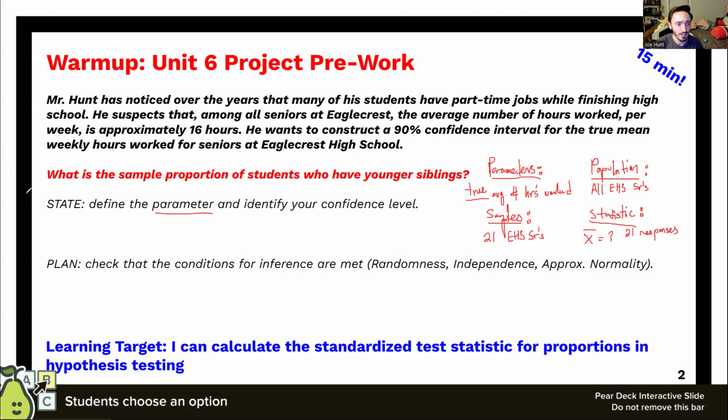Now, once we get to the second phase of this, when we're starting to talk about the plan stage, there's always three things that we want to talk about. First thing is you want a random sample. Obviously, our group of seniors is not necessarily a random sample. If we think about survey results, only the people who feel motivated to respond to the survey are going to respond in the first place.